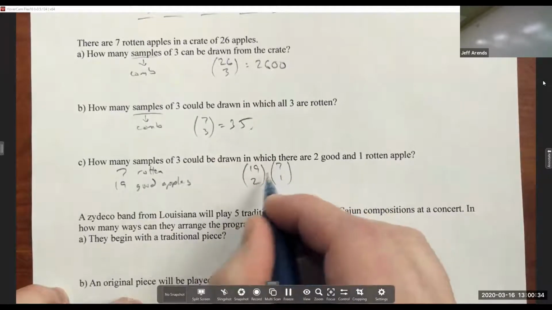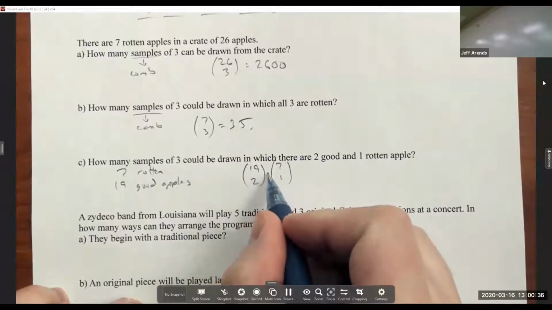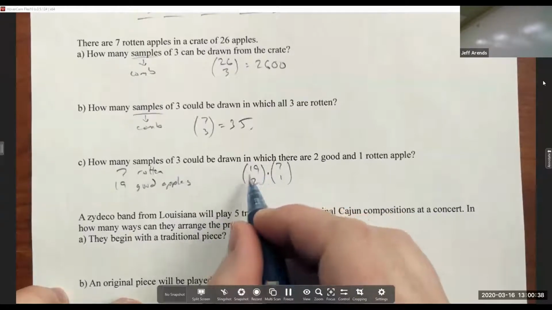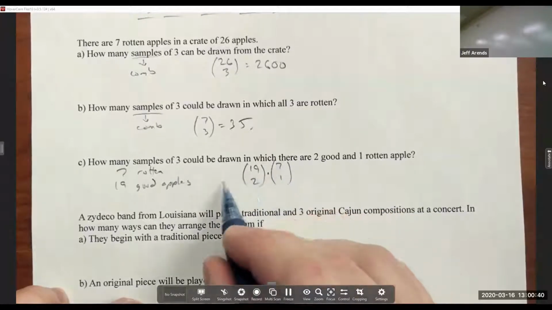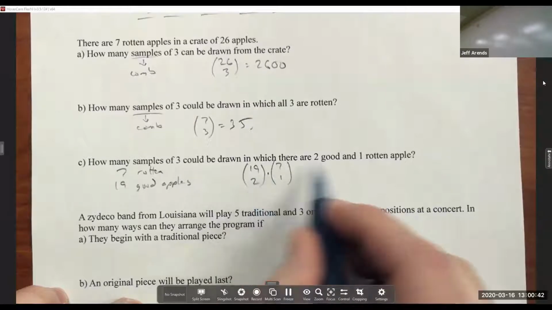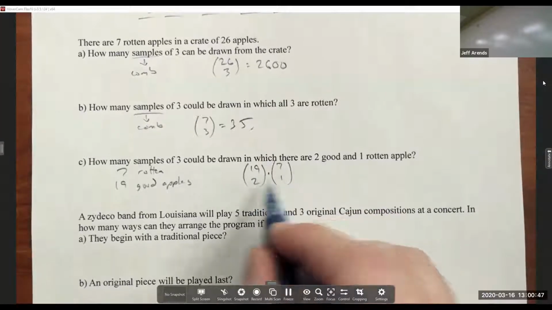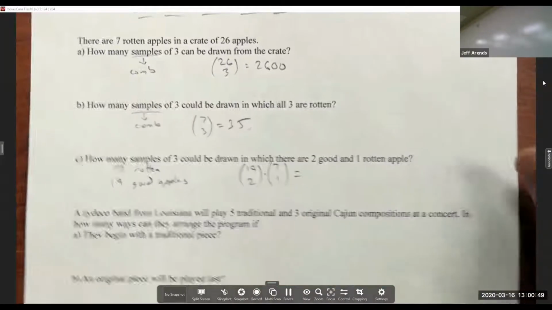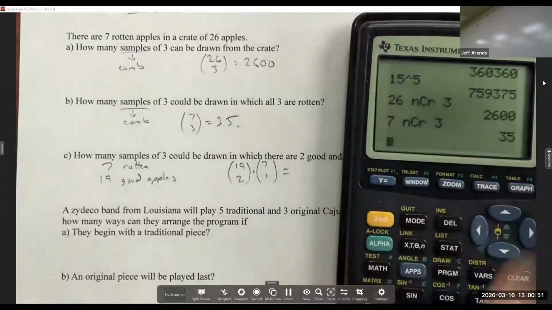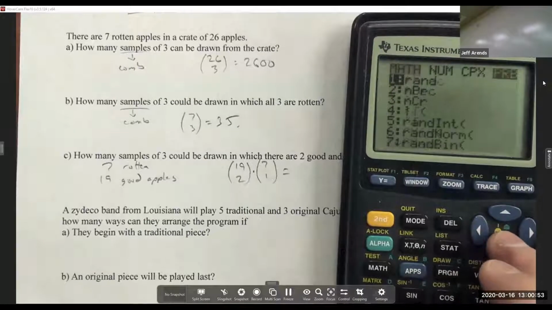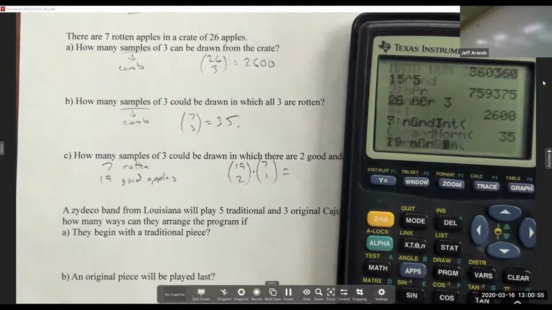And I would go ahead and say we're going to multiply these, because for each of the 19 choose 2 different ways I could have chosen the good apples, there are 7 choose 1 different ways I could have chosen the 1 rotten apple. And so I would multiply these together. 19 choose 2 times 7. I'm not bothering to do 7 choose 1, because 7 choose 1 is just 7. So I get